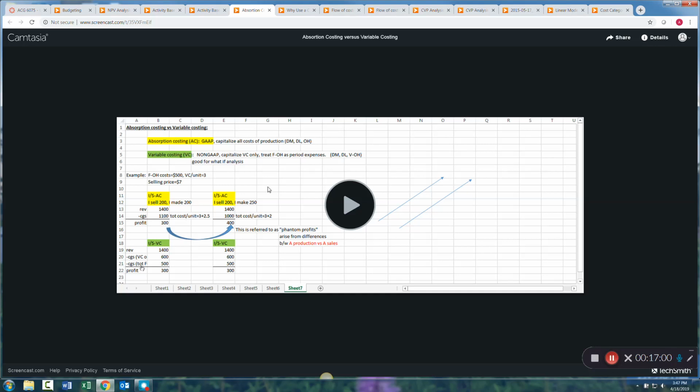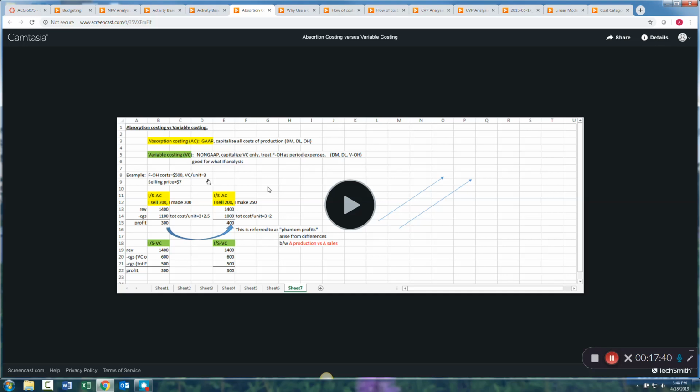And anything related to production that is fixed, we simply expense every period. And that's important because under absorption costing, the GAAP preferred method, any scenario in which you make more than you sell is one in which you have fixed costs being kept as an asset as opposed to being expensed. Not that this is wrong, it's just some of the distortions that can be created with